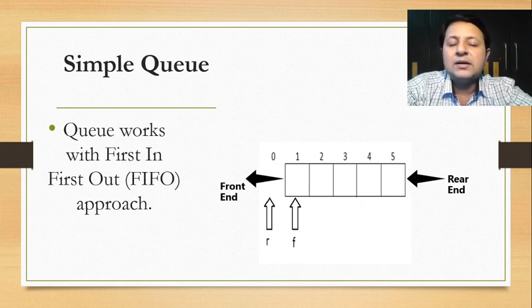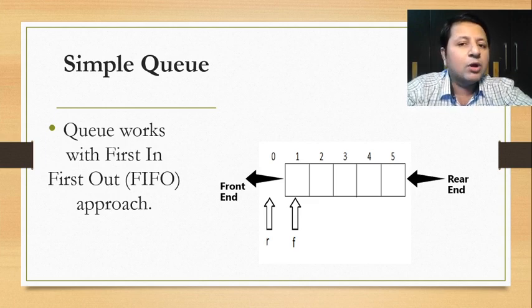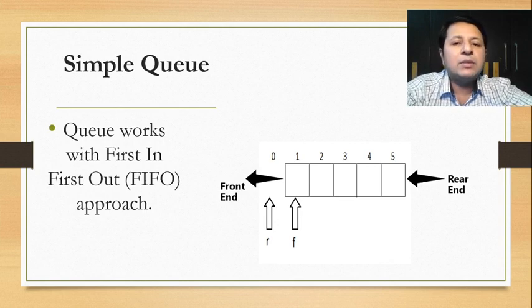So it's like a pipe which is open from both the ends, whereas your stack was a pipe which was open only from one end, hence insertion and deletion was done at the same end. Fine, so stack was LIFO, whereas your queue is FIFO, first in first out. So let's start with the basic operations. So we'll have insert, we'll have isEmpty, we'll have delete and other operations.